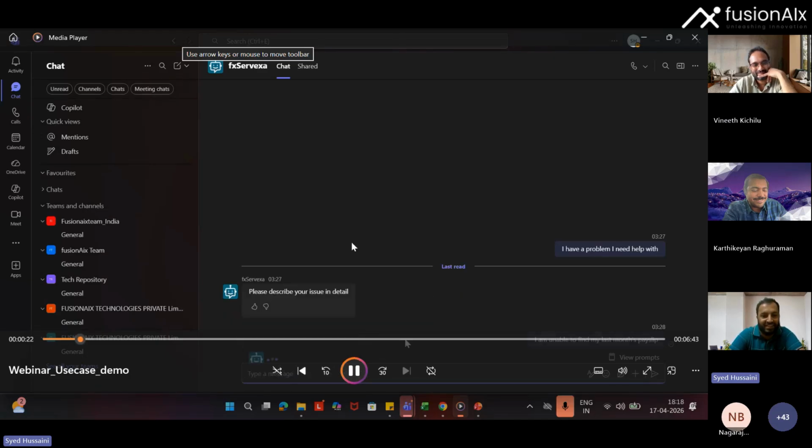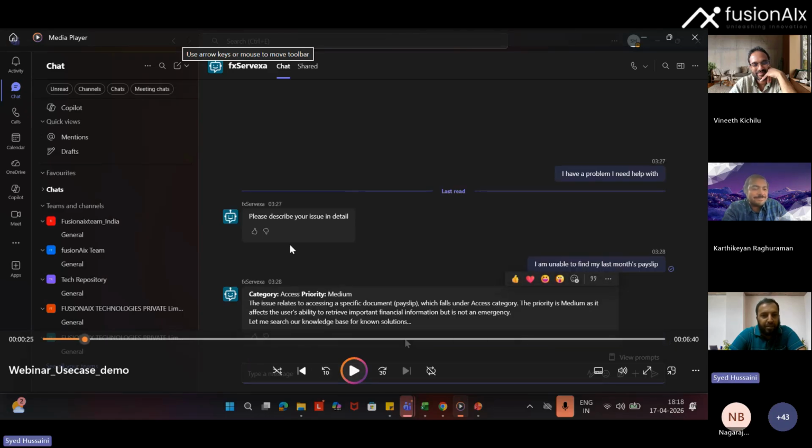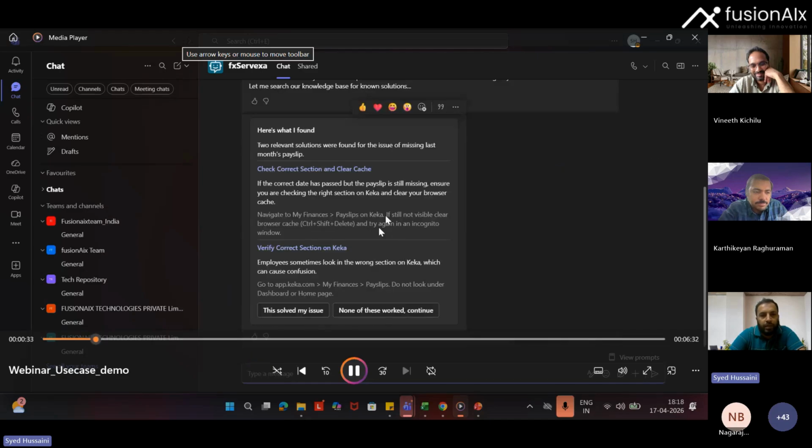So as an employee, the issue I have is I can't find my last month's payslip. I've just messaged this agent. As you can see, the classify agent, based on these details, classified it and its priority.